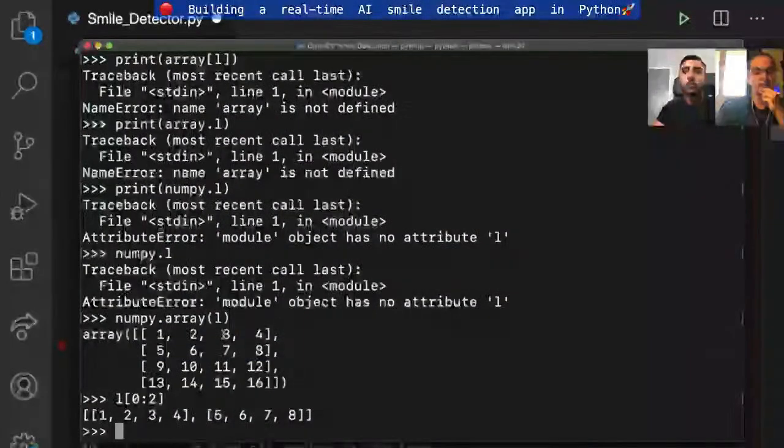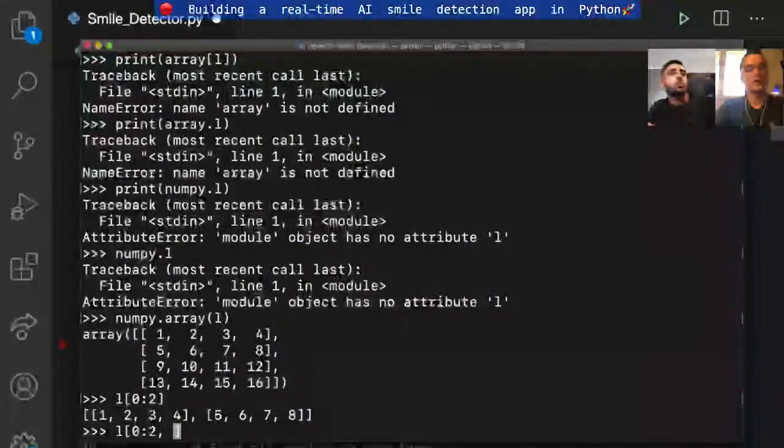Now, what if we wanted to get this 3, 4, and this 7, 8 as the sub array of the whole thing? Then all we want to do is pop in a